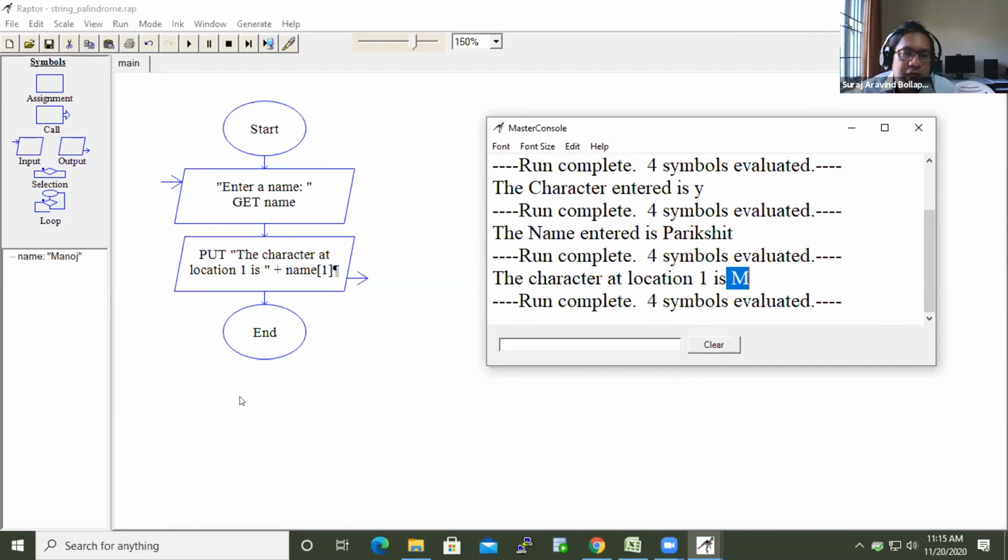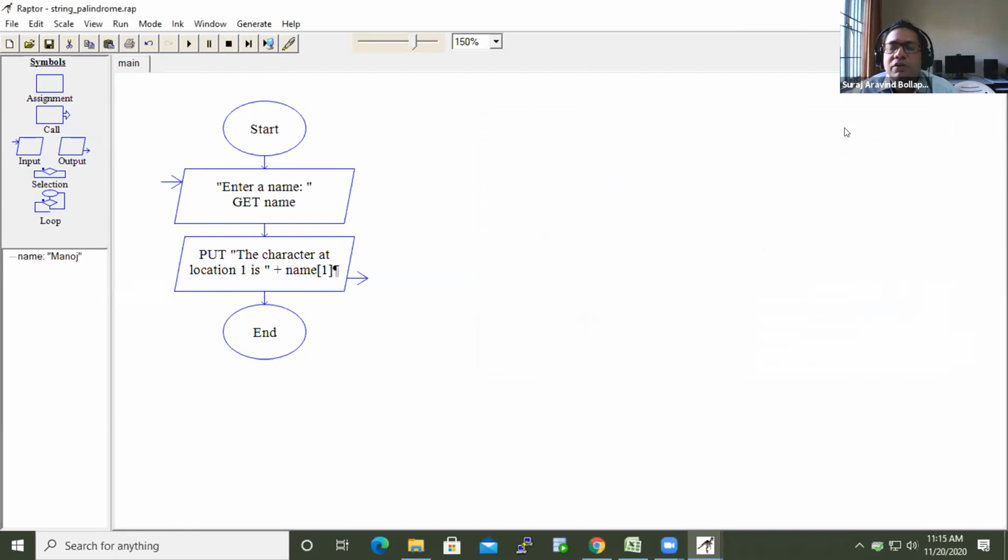For example, palindrome numbers, palindrome strings. Generally we start with the word M A D A M. Suppose the word is madam.